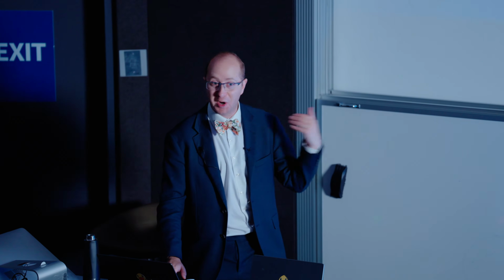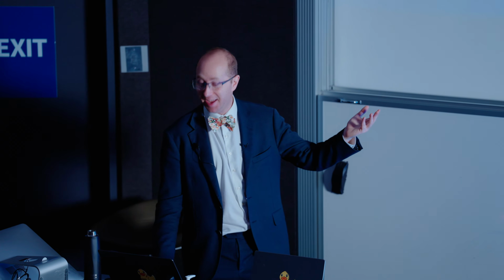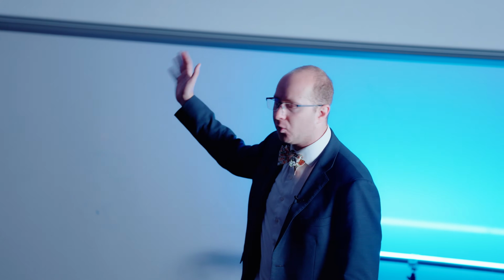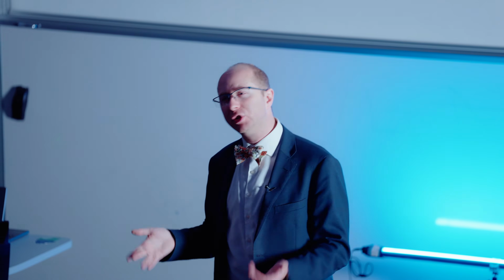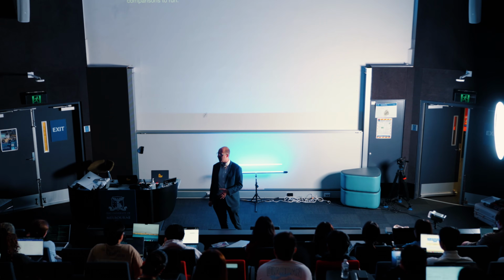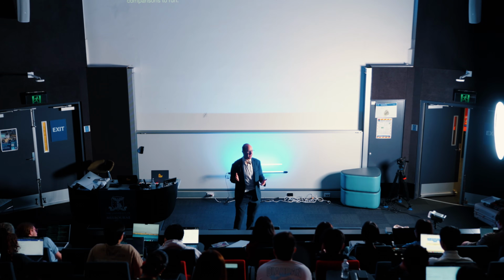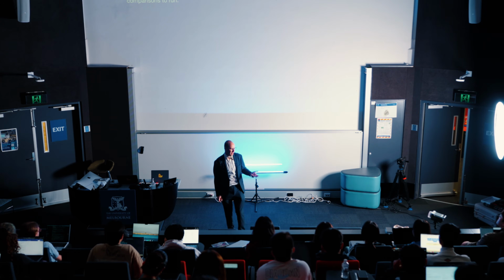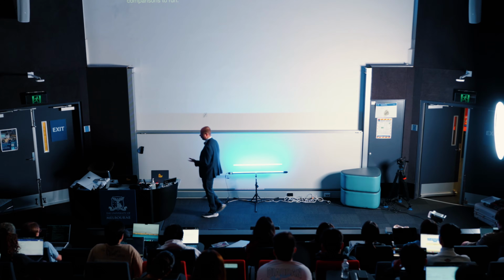So we have n on the outside, n at the second layer, and m in the third layer. Let's multiply that all together, and what do we get? N squared m. So the algorithm is going to take n squared m character comparisons to run. And you'll notice here that I've said character comparisons. That's one useful way of thinking about the total number of steps of the algorithm, because we don't know inside the computer exactly how many steps each bit of the process is going to take, so counting the number of comparisons seems a reasonable proxy, and then there'll be some fudge factor that we have to throw in.